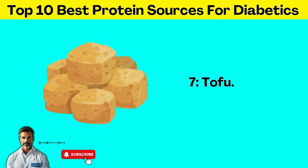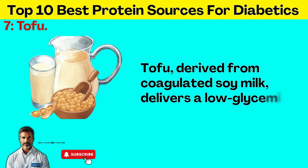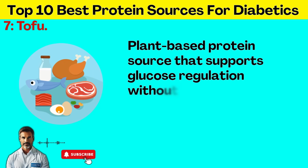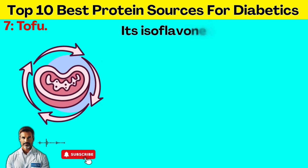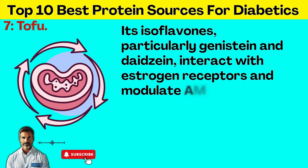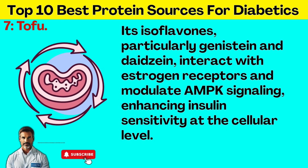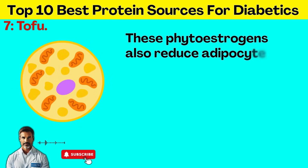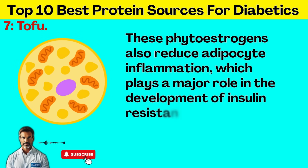7. Tofu. Tofu, derived from coagulated soy milk, delivers a low glycemic, plant-based protein source that supports glucose regulation without placing excess metabolic demand on insulin pathways. Its isoflavones, particularly genistein and digoxin, interact with estrogen receptors and modulate AMPK signaling, enhancing insulin sensitivity at the cellular level. These phytoestrogens also reduce adipocyte inflammation, which plays a major role in the development of insulin resistance in visceral